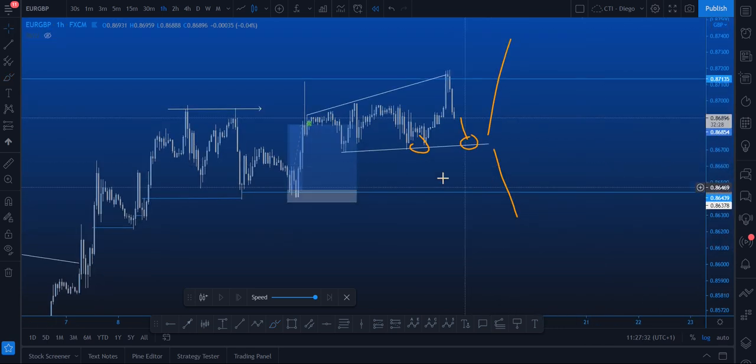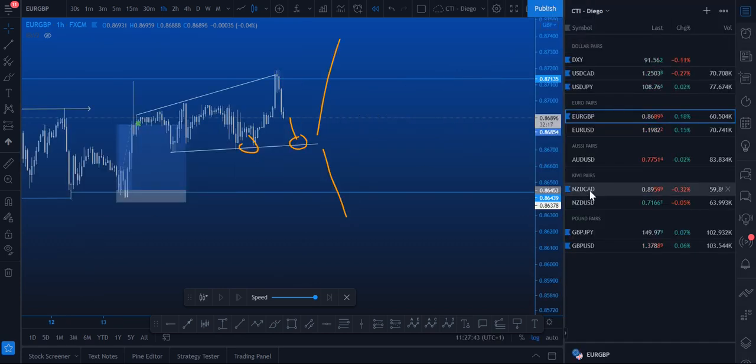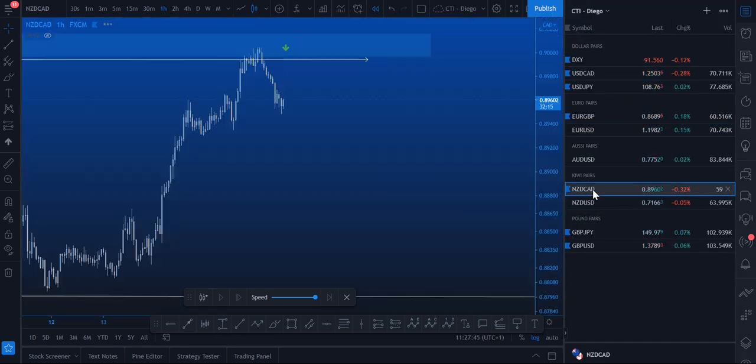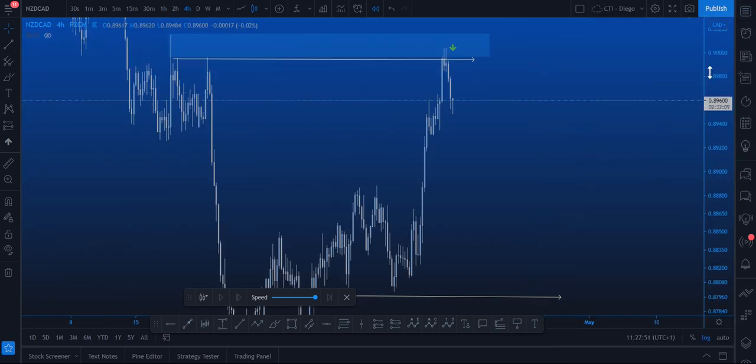So that was the full process on Euro Pound. I made a big mistake. Should have really ended the week on 9R, but instead it was a 5.3, but it's fine. Okay, next on the list is New Zealand CAD. Okay, New Zealand CAD is a trade we've forecasted all week